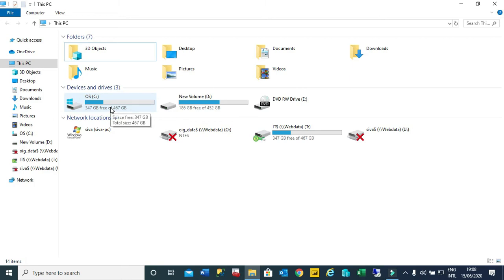One is, after 3 years or 4 years, when the operating system is becoming very slow, you have to keep all your data in the D drive and give the laptop or PC to a shop to format it. Whenever they format the PC or laptop, they format only the C drive. So all your data kept in the D drive is very safe, and you can even move it into an external hard disk for a separate backup.